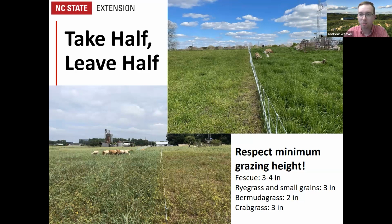Especially, think back to all those pictures you've seen over the last couple of weeks of root mass and the impact that overgrazing can have on the roots and what's going on underneath the surface of the soil. And so the bottom left image here, that's our crabgrass pastures last summer, and those ewes grazing that. The top picture was taken about 3 weeks ago on our ryegrass pastures. These are about 2 to 3 day grazes, these allocations that we have going,